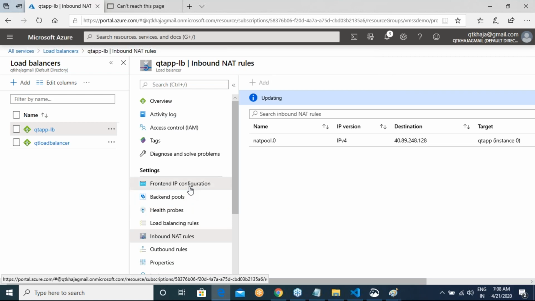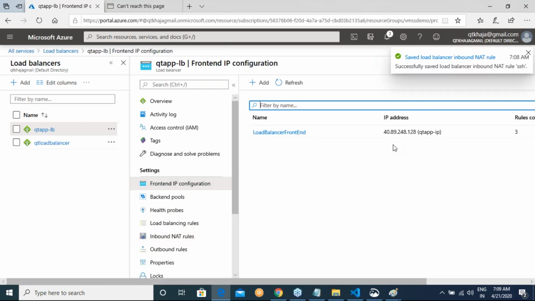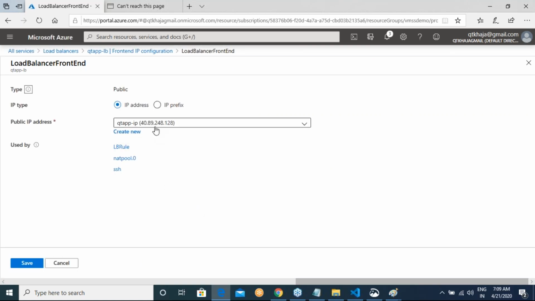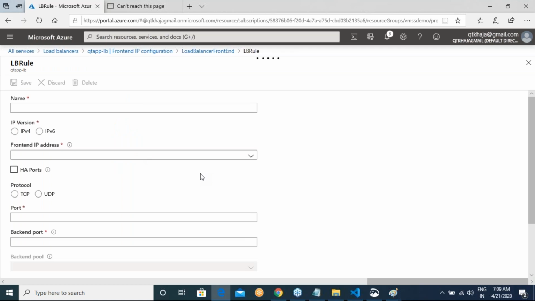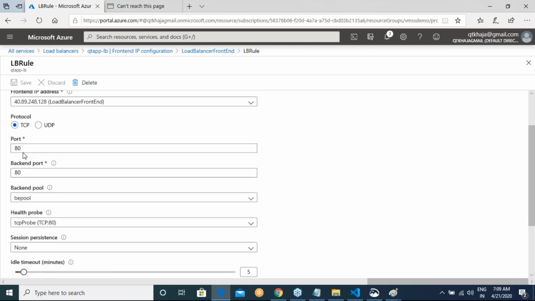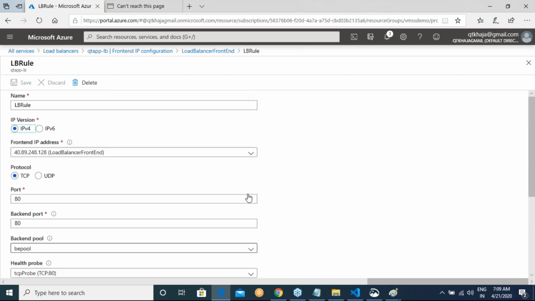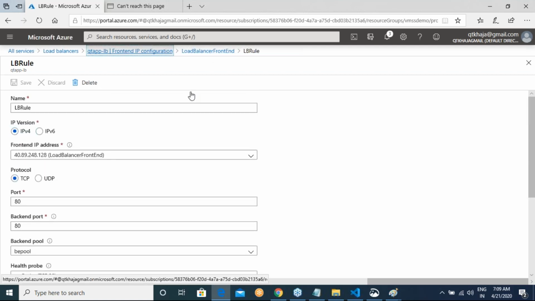Or the other thing which you can do is you can take your IP address in the load balancer configuration. Remember, in the load balancer we have a front end and that had rules. This was the load balancer rule. So what is the load balancer rule? Whenever the request comes from port 80, I want to send it to port 80. Good.